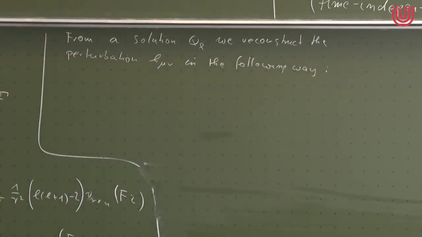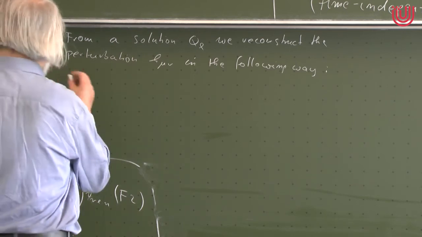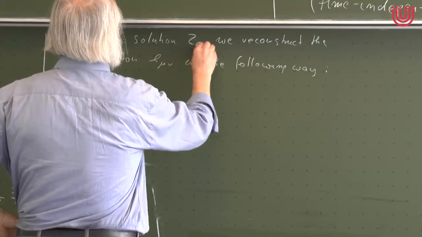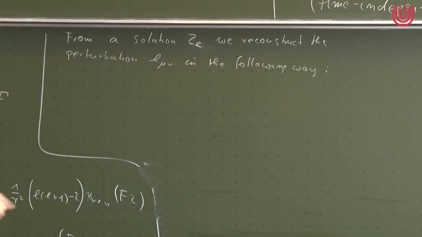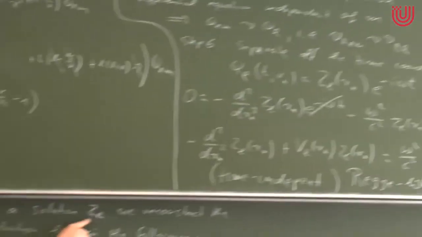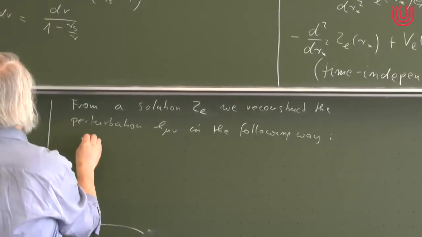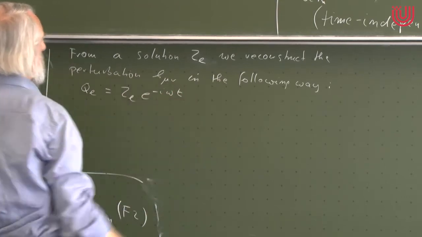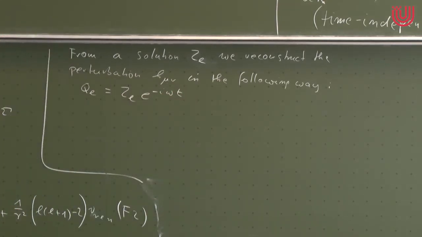So first, I just erased this. I always erase the equation which I need. The first step was from the ZL. I already began with a penultimate step. The last step was this equation. So first, if I have a solution ZL, then I get QL as ZL e to the minus i omega t. From the QL, I get the